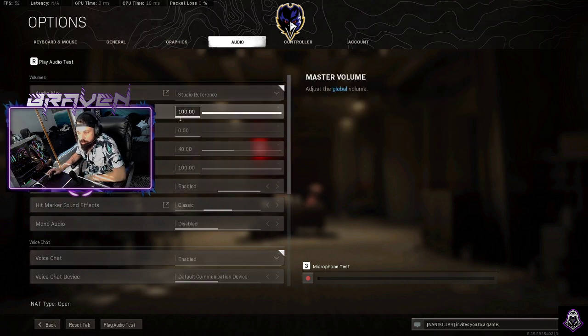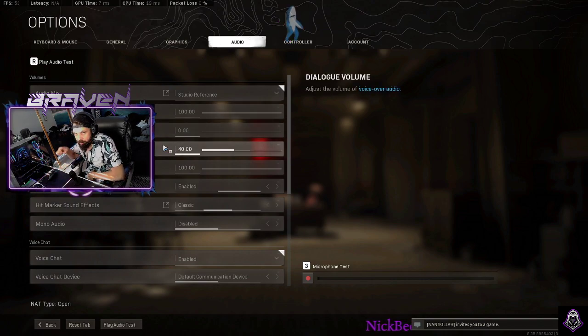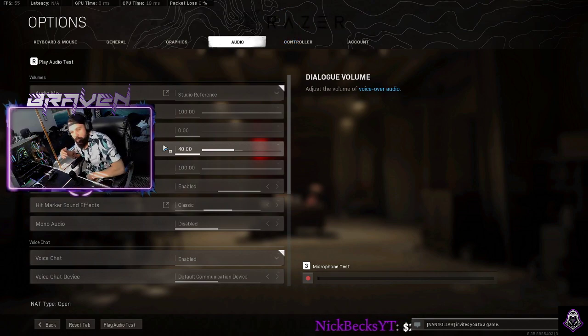Now I've got master volume at 100. I have music volume down entirely. Don't even need it. Dialogue volume, I just need to hear if something's going on. I'm still playing with this. I don't like having somebody yell in my ear like, "Circle's closing." I don't like that, bar none. I like to have it at a certain